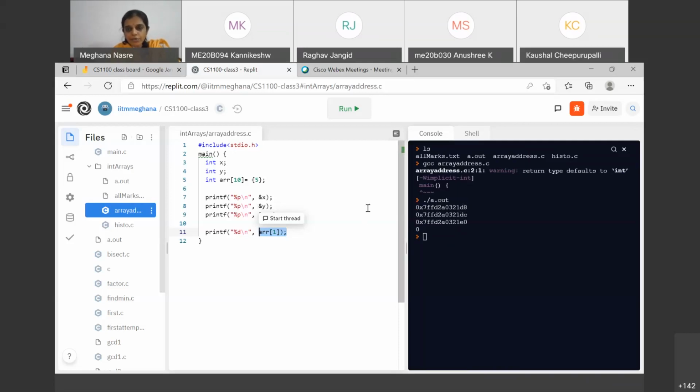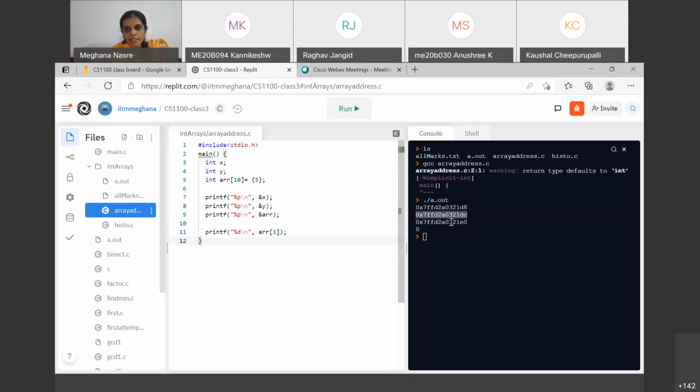In fact, if you just stare at these values carefully, you will see that this is D8, then 9, 10, not 9, A, B. So these are the ones that are assigned to this variable X. And then you see that the next contiguous location is given to Y. This is happening in this program, but this may or may not happen in general.